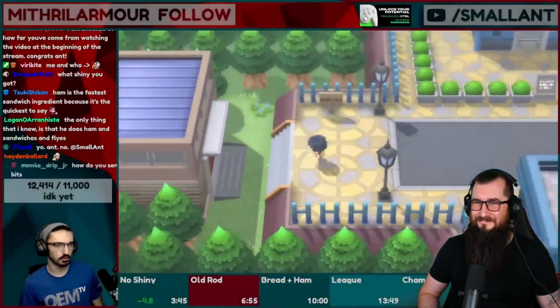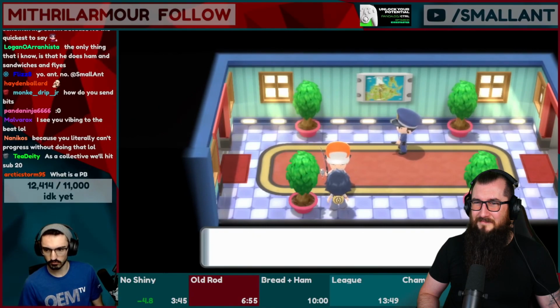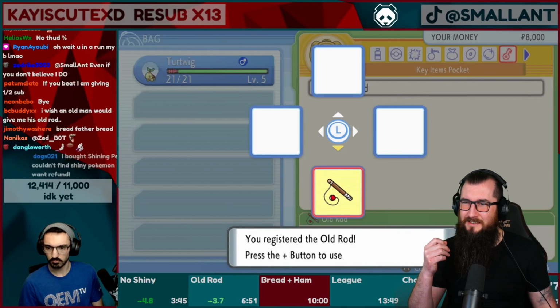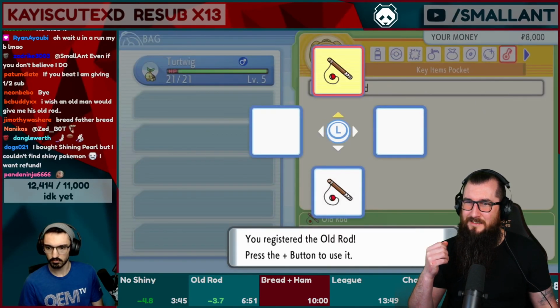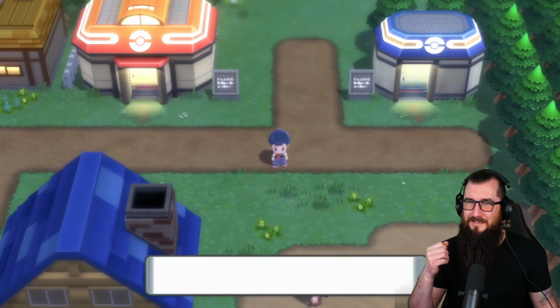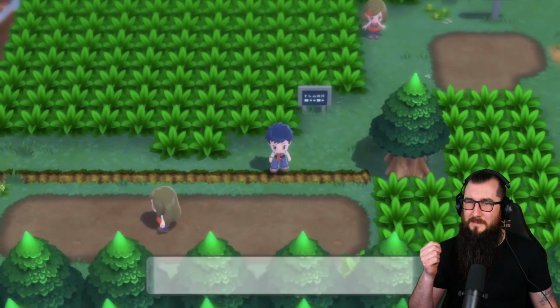So it's time to pick up the main ingredient, the ham. Well, it's actually the old rod, but just go with it. It's ham, okay? By using the menu storage glitch, it's possible to register the old rod onto 2 different slots. So, when pressing the plus button, this pops up. This menu is the delicious ham. When you try to use the old rod on land, Rowan's words echo. And with this text box, not only can it freeze an action, but if an